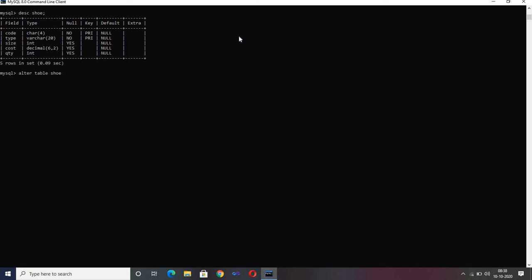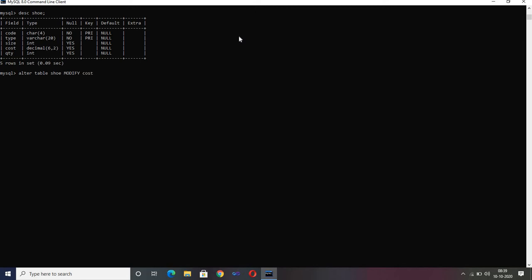So let's highlight. We write the word modify, and after modify we write the name of the column where we are going to apply the constraint. The name of the column is cost.